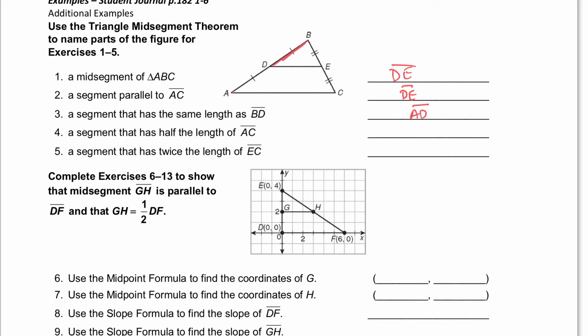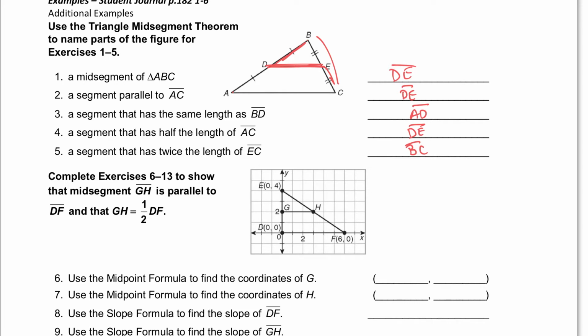A segment that has half the length of AC, well, that would be DE. DE would be half of what AC is. And a segment that has twice the length of EC, well, that would be B to C. So if this is EC, BC would be double that. Okay, next problem, it says complete 6 through 13 to show that the mid-segment GH is parallel to DF and